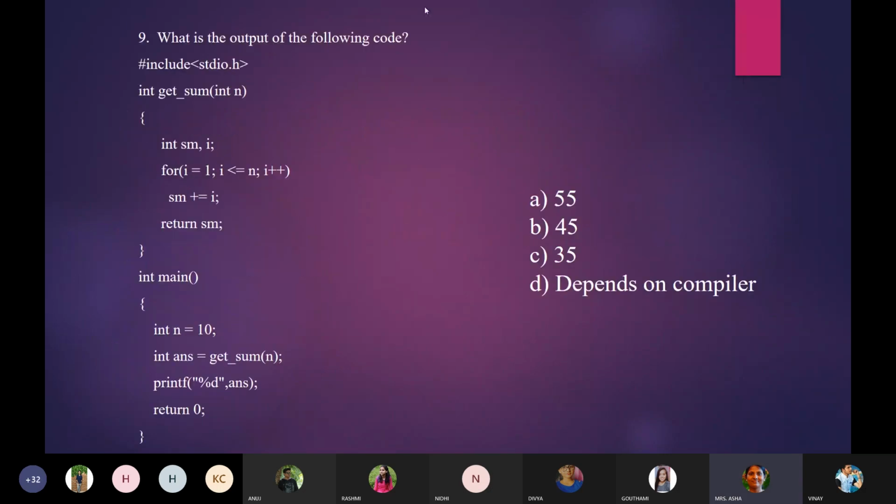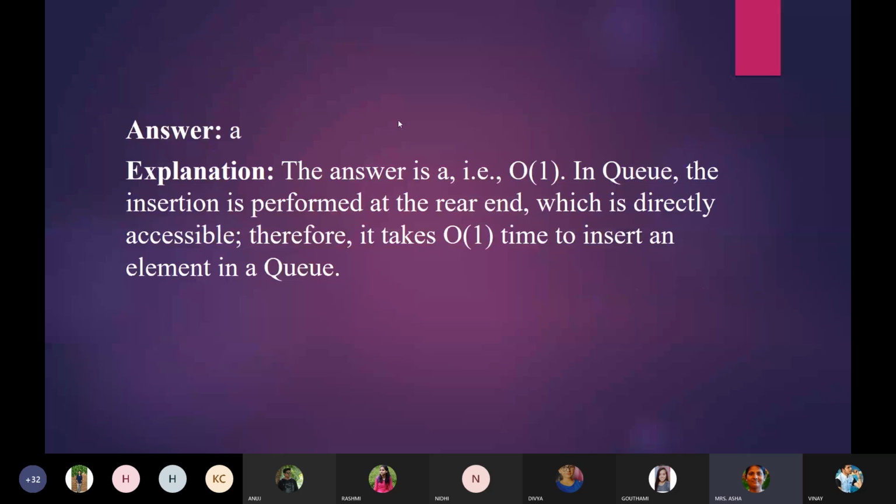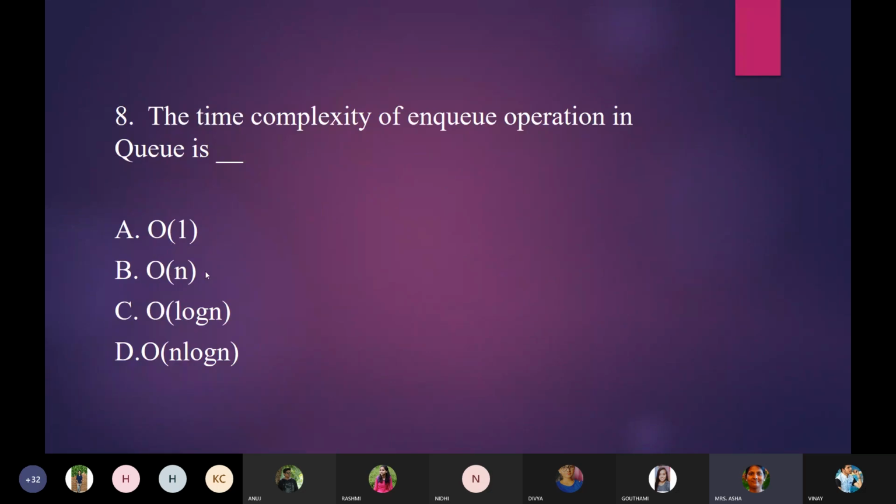Then what is the meaning of the second option, O of n? You told that in case of queue, we insert the element at the rear end, so that is why O of 1. So what is the meaning of the second option, O of n? Any other students? Yes, Vinay?